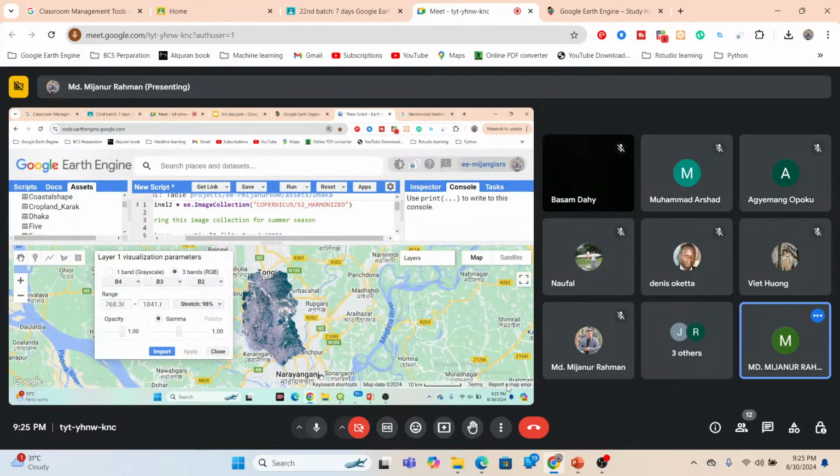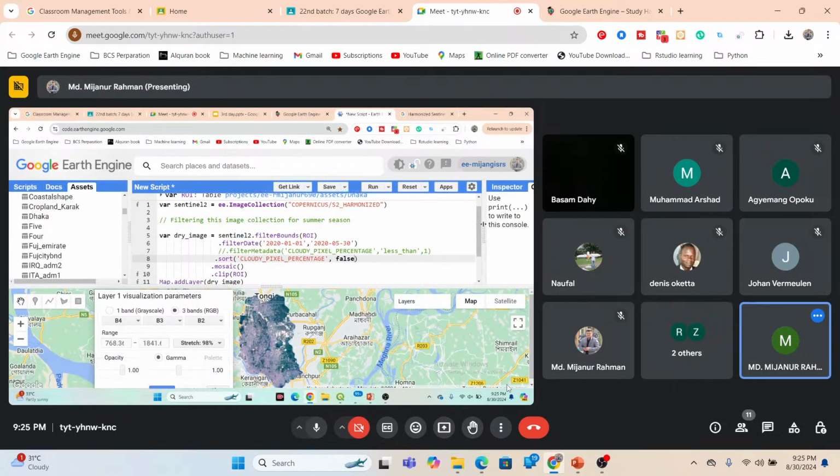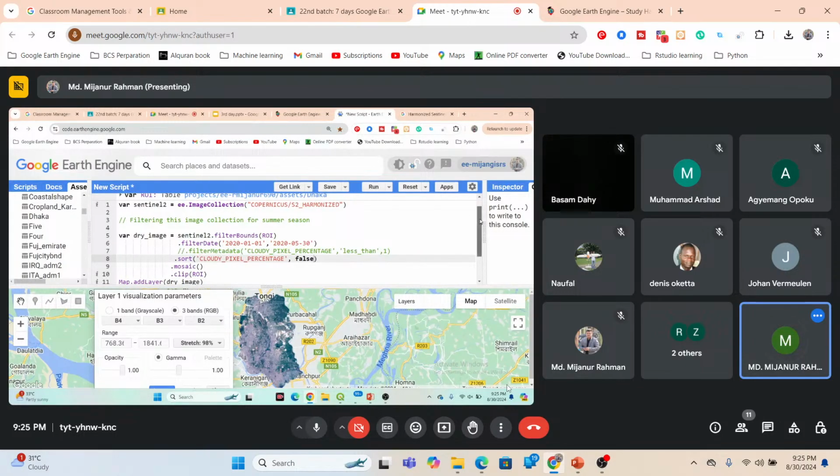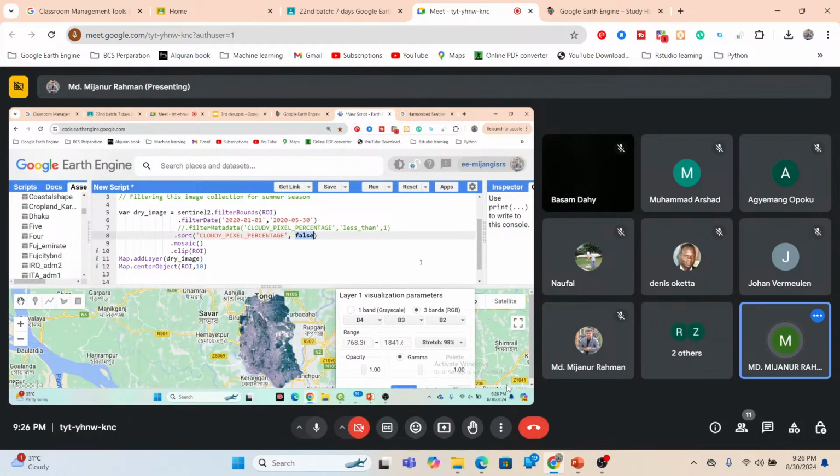Okay. So now I go with the full code line. Okay. So now here you can see when I apply the false Boolean operator, we find out a lot of cloud. But when applying the false Boolean operator, it creates very neat and clean imagery. Okay, so now further I just simply import this visual